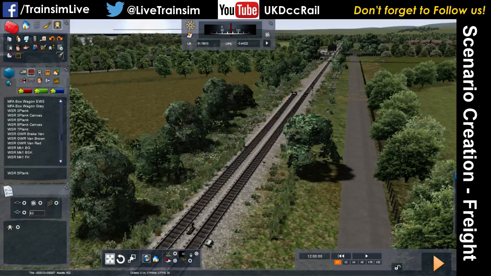Oops. We're going to create a marker which is unique to this area. So over on the left here, you've got this signal icon, which in a scenario gives you all of these markers. Now I'm going to put a destination marker, and I'm going to put it